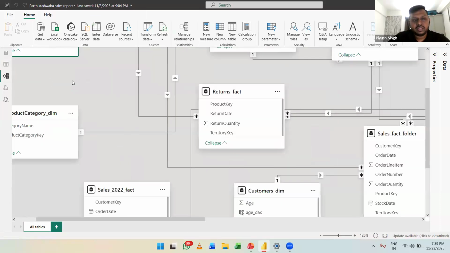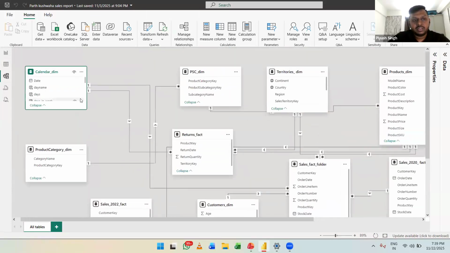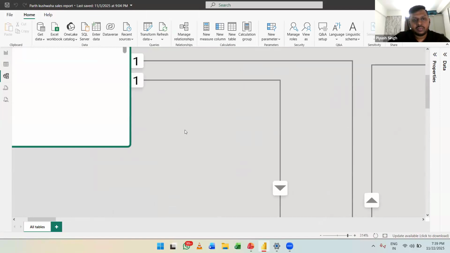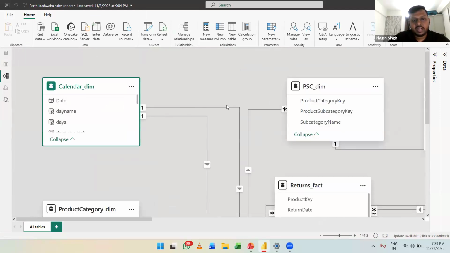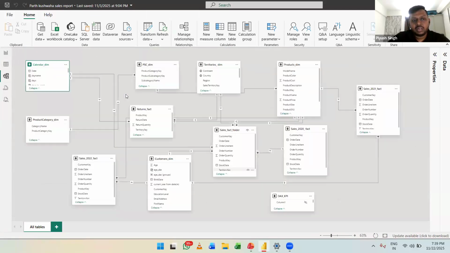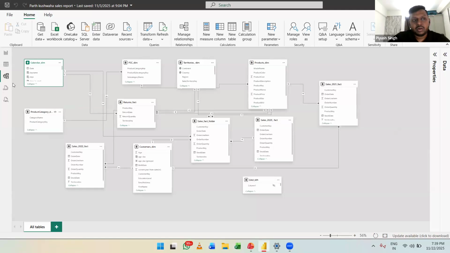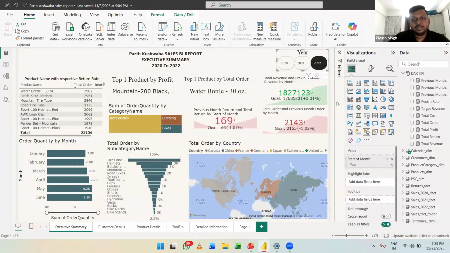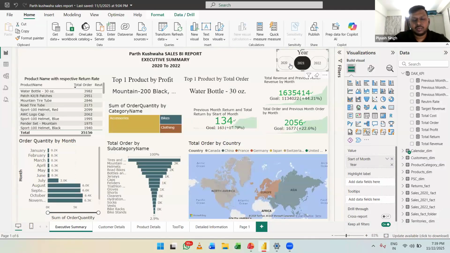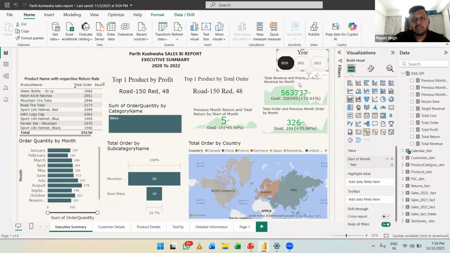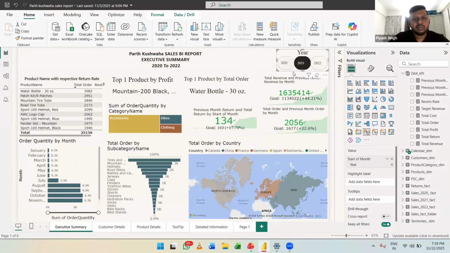If you can see it more clearly, see these lines. This calendar table is connected via these lines to the other tables, and that is what lets me do the filtration. This is what is known as filtration, the sorting. I'm able to sort based on years, dates, quarters, whatever I want. I can give multiple parameters here, and then keep on changing things.